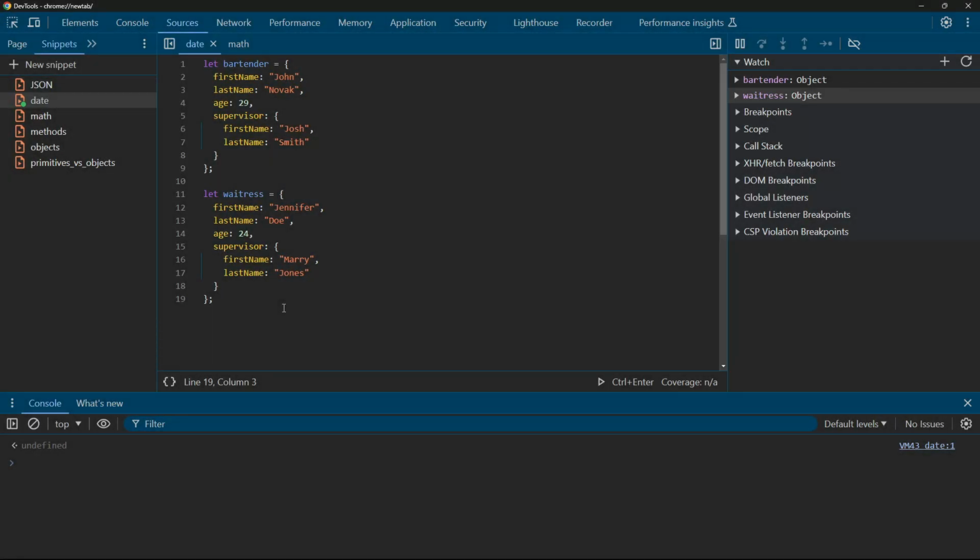The Date object in JavaScript provides various methods to work with dates and times. It's an essential tool for handling any date-related operations in your code. In this lesson, we will explore some of the most useful methods provided by the Date object using our bar employees as examples. In our employee datasets, we would also like to include information about the date they started working